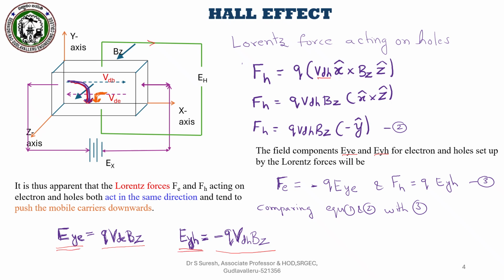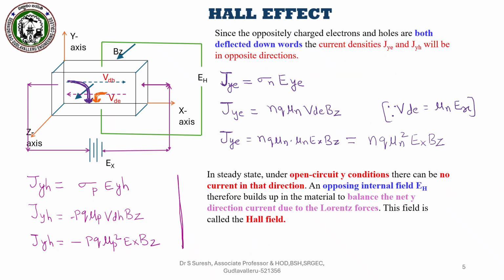Because of these electric fields, the current densities JYE and JYH take place along the y direction. Since the oppositely charged electrons and holes are both deflected downwards, the current densities JYE and JYH will be in opposite directions. So let us write the expression for JYE. JY is equal to sigma EY. So sigma n is the conductivity of electrons, and naturally it is given by n